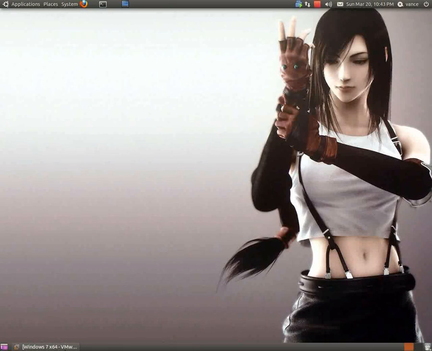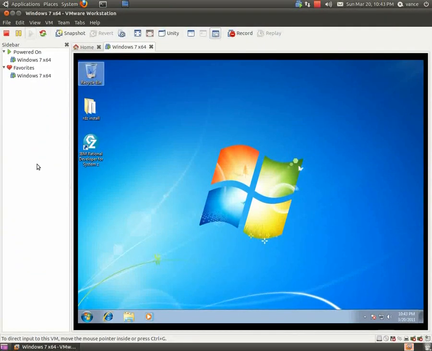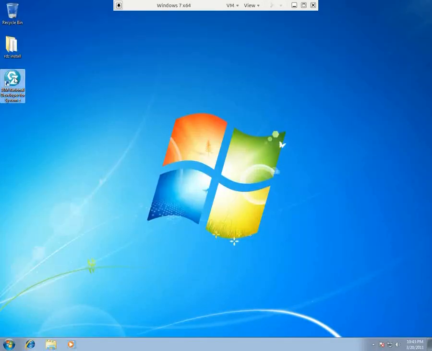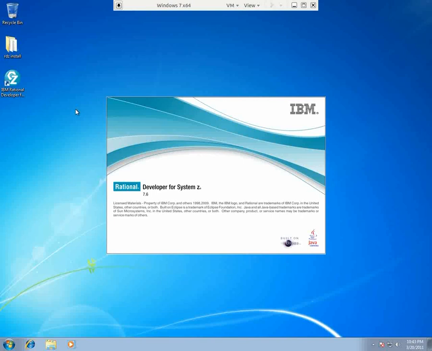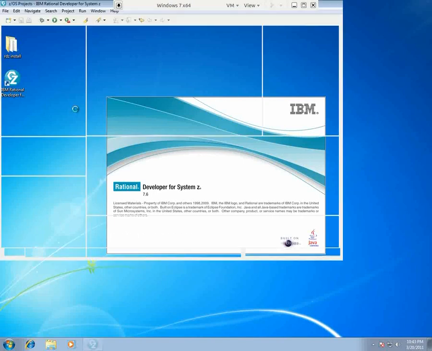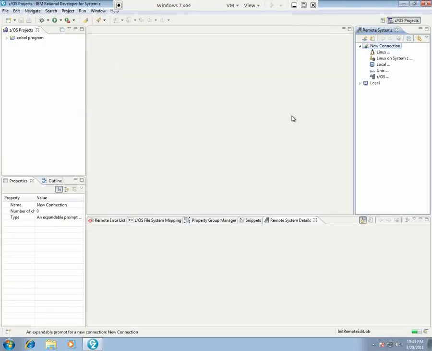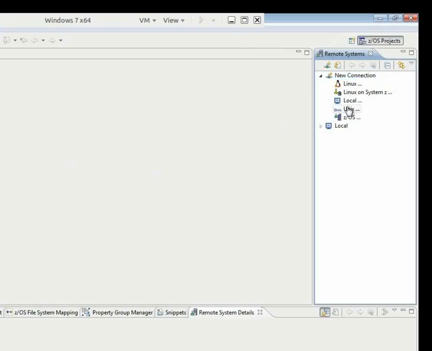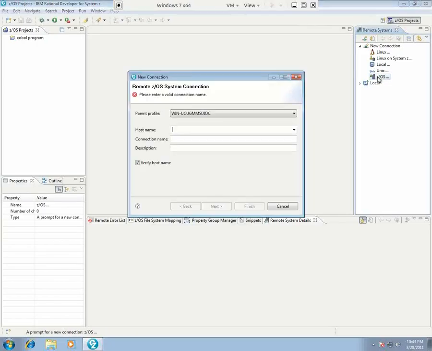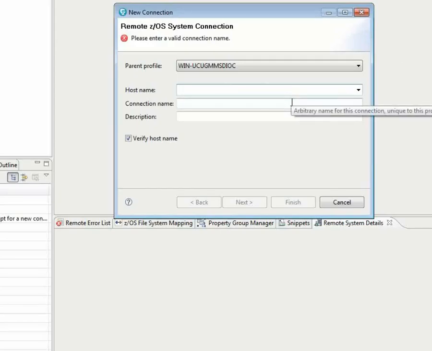So I've already got Windows 7 up and running in my virtual machine. Bring that up to full screen and launch RDZ here. Okay, you'll notice over here on the right you've got some connection options. You'll want to go to this z/OS, double click it, and your host name, at least the host name we'll be using in class, is